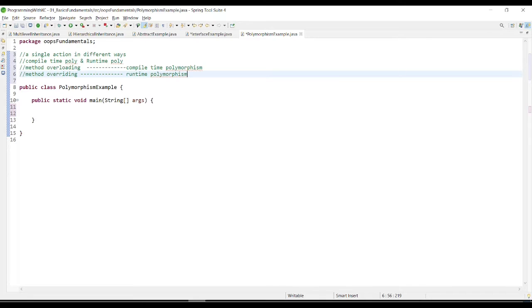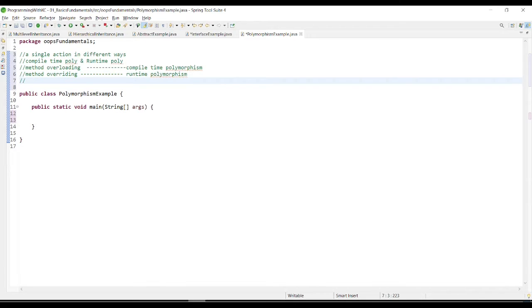In polymorphism, any object that satisfies more than one is-a relationship is polymorphic in nature. For an easy understanding of the is-a relationship, I'm going to give you an example, so don't worry.